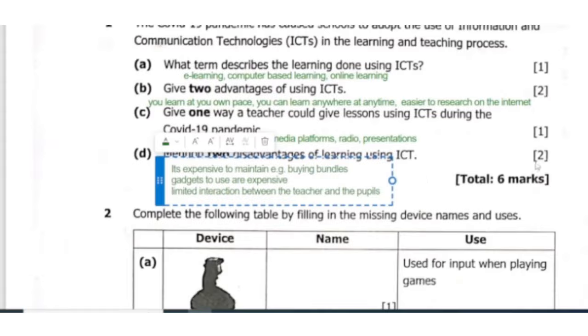As you can see, there is two marks there. I've given you three, so from these three, you can pick two. When you talk about limited interaction between the teacher and the learners, you may find that the teacher is delivering a lesson, more especially when webcams are not in use. You find that the learners whom the teacher is trying to teach are not even concentrating. Maybe they are even doing something else. This can also be a challenge, but if children are focused, they know what they want, then this could be one of the best